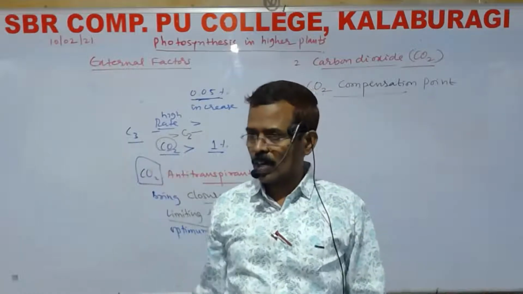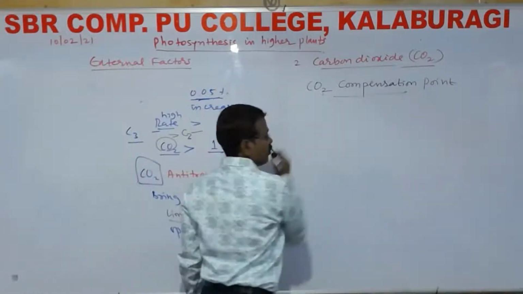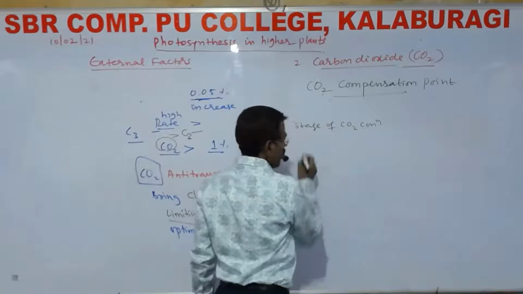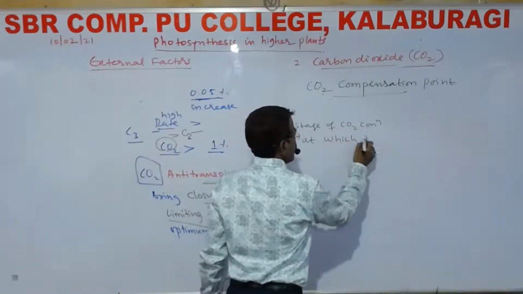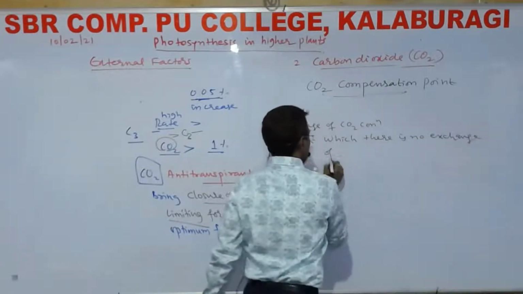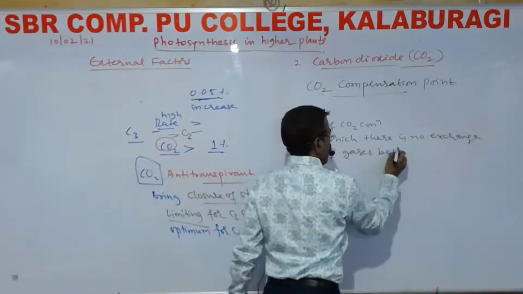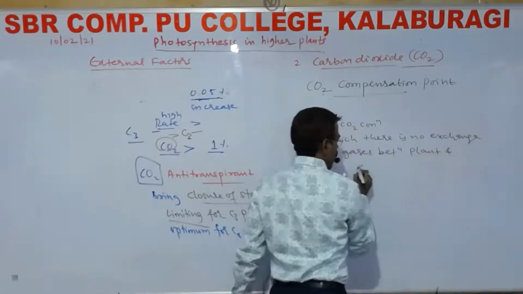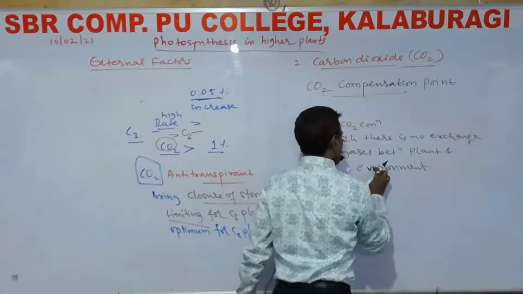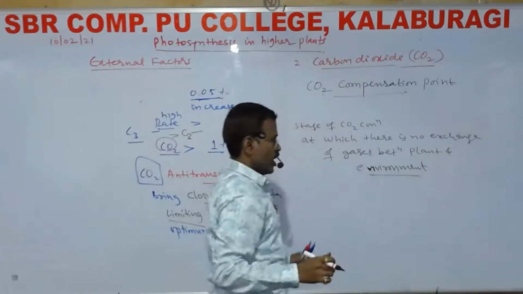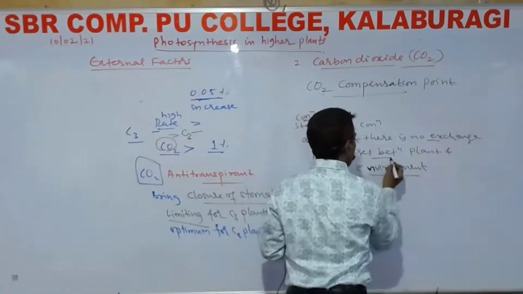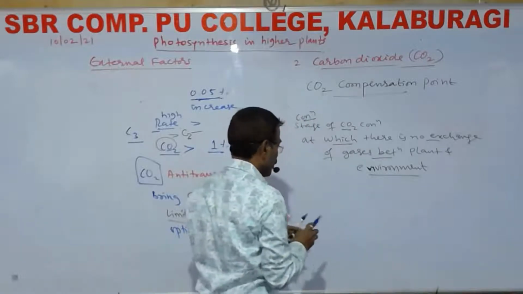Like that, carbon dioxide compensation point: the stage or concentration of carbon dioxide at which there is no exchange of gases between the plant and the surrounding environment. Means at this point